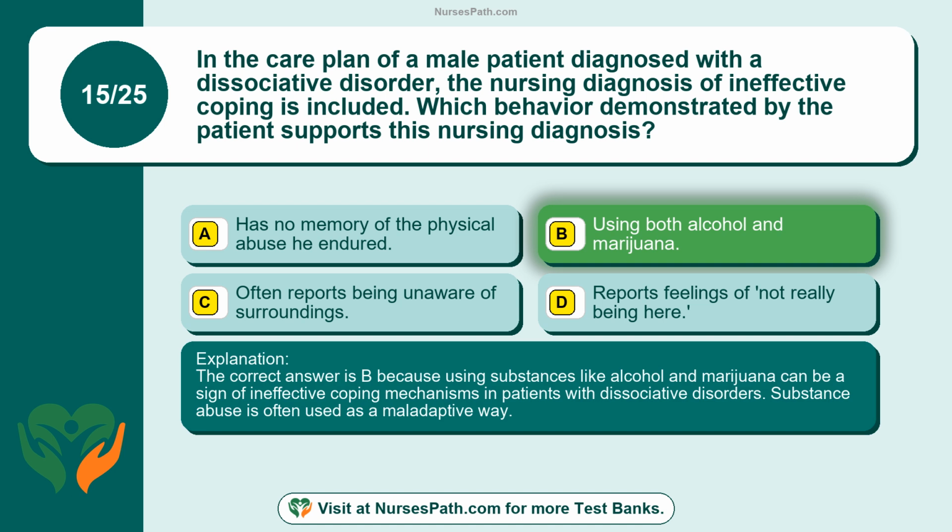The correct answer is B, because using substances like alcohol and marijuana can be a sign of ineffective coping mechanisms in patients with dissociative disorders. Substance abuse is often used as a maladaptive way